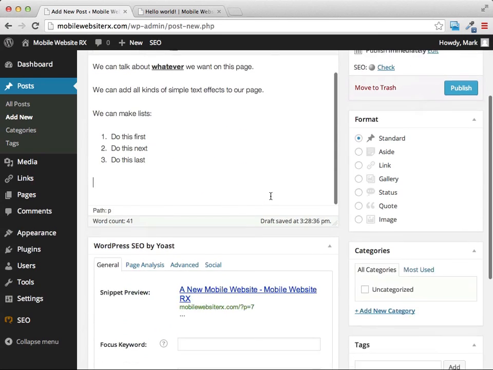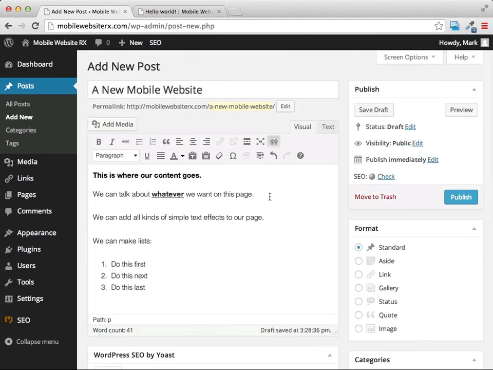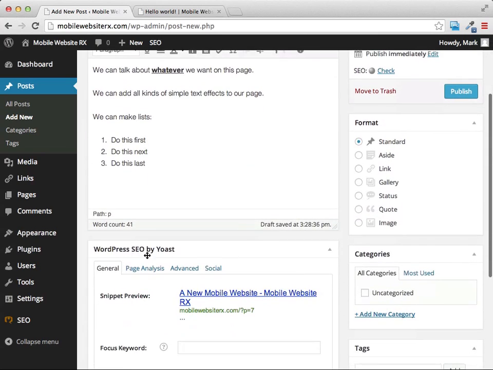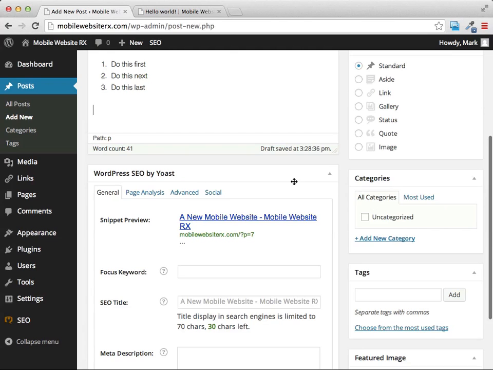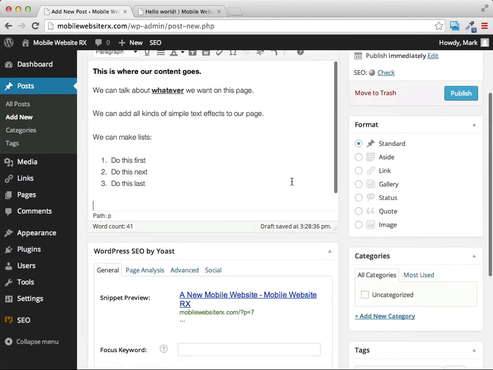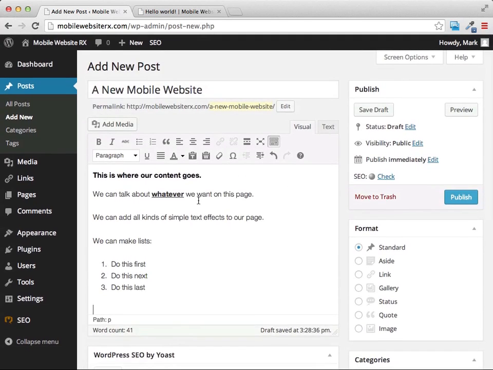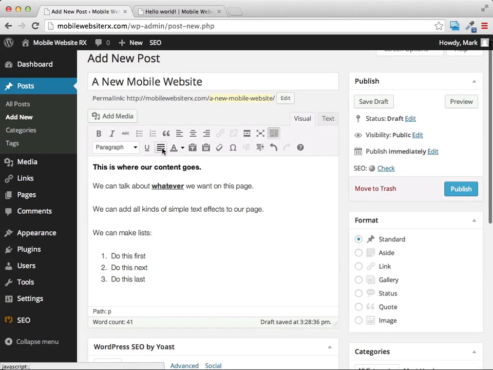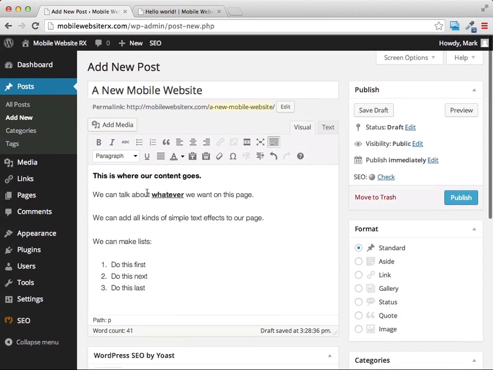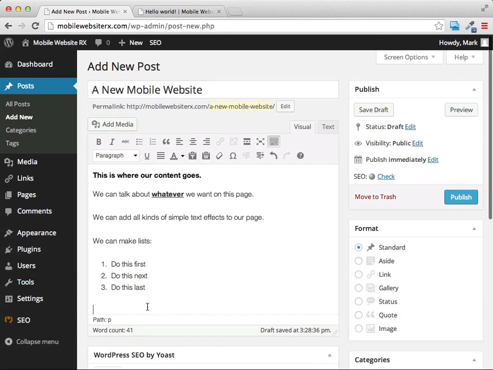Right now, we're not going to worry about any of the stuff down here. This is all stuff that has to do with the plugins that we've installed, and we'll worry about that later. But one thing that we can do is change the format of the page, and decide what type of page we want it to be. For now, I'm going to just leave it as basic because I just want to show you how this is going to look. Once we've created our post, it's very important that we